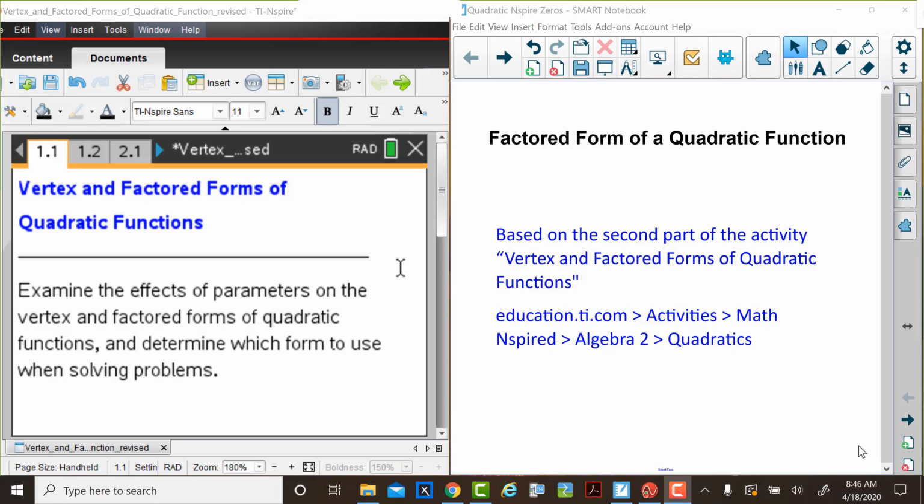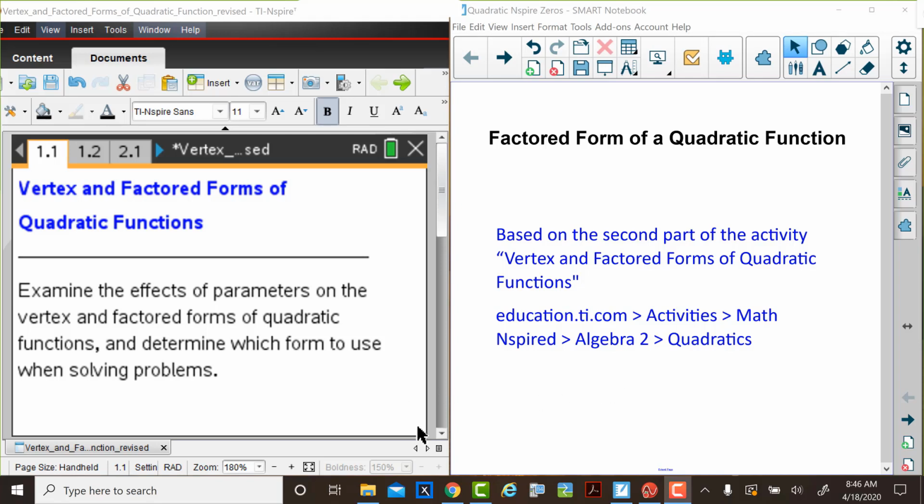We're going to explore the factored form of a quadratic function. This activity is based on the second part of an activity called Vertex and factored forms of quadratic functions. It's located in Math-Inspired in the education.ti.com activities section. The TI-Nspire document you see to your left is available, as well as teacher notes and student activity sheets for